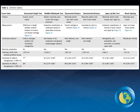So I thought this was an important study because it gave us a tool to use when the other things might fall apart. LEMON, for example, has a Mallampati assessment. That's the M in LEMON. Mallampati requires the patient to open his or her mouth, stick out his or her tongue, and in a lot of our patients, we're intubating them with depressed GCS, or they're agitated, or they're trauma patients, and you can't do that with them. So I thought this was great because